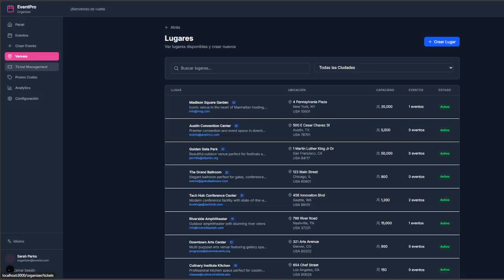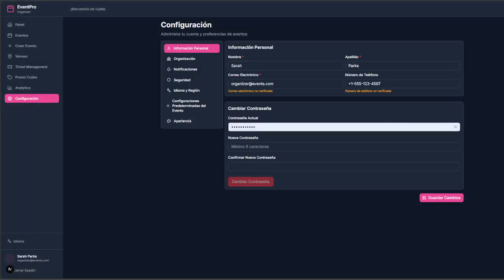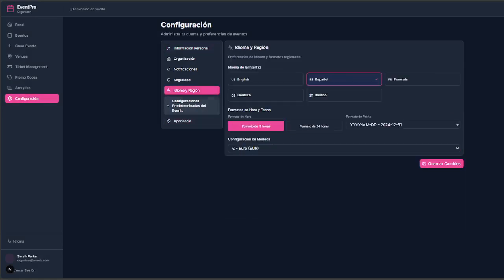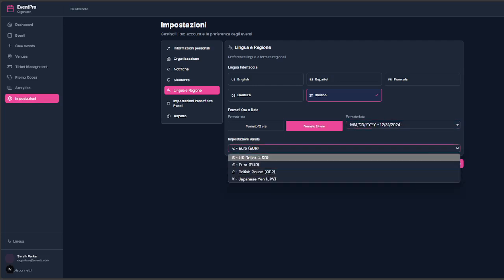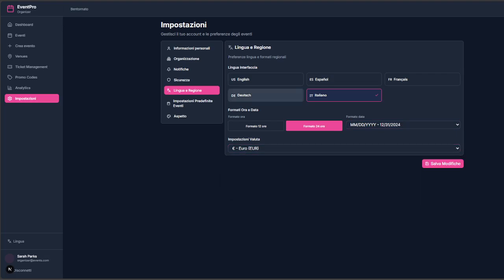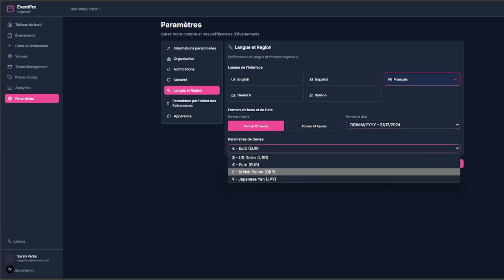As you can see here, everything is in Spanish. Or you can go with French, Dutch, Italian. And also, if you want timing in 24 hours, you can do that. If you want date format in whichever way, you can do that as well. And also the currency. So just to test everything, I will do French language, 12-hour format, date format, and Japanese yen,